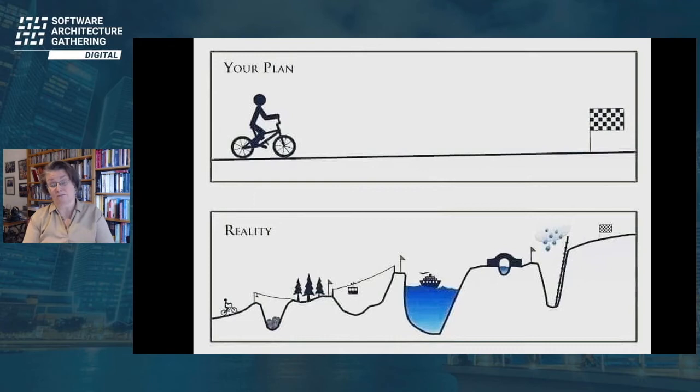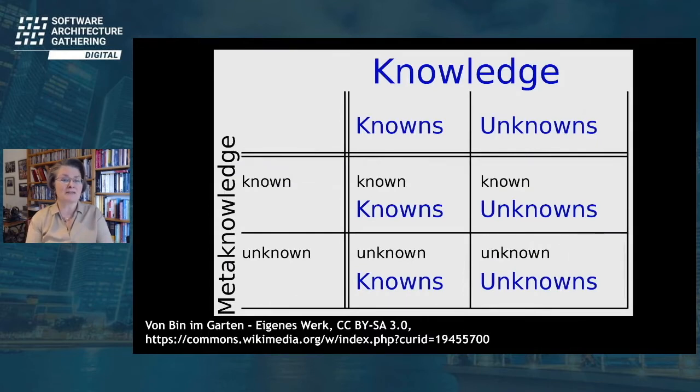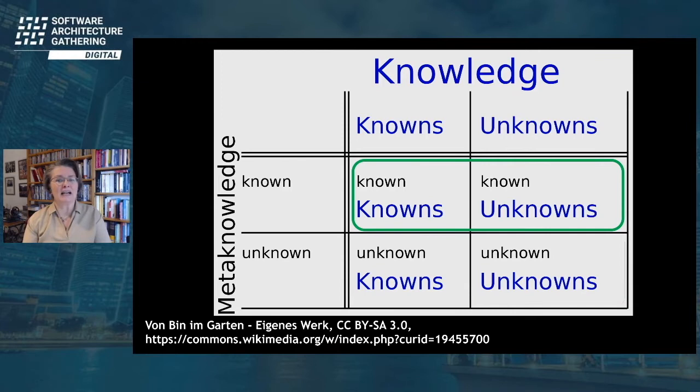Of course, we try our best to get close to all these areas of knowledge, and I put them here for you to discuss this. If we want to rebuild a system, then the easy part is the things where we know what we know, that we know them, the known knowns, and the things actually where we know that we have a gap in our knowledge. So the known unknowns.